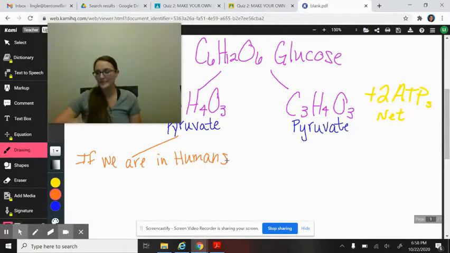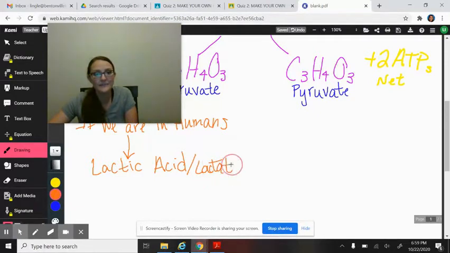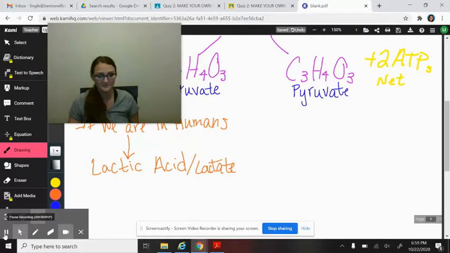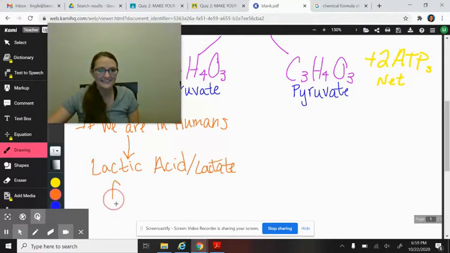What is that burn? So in humans, we take pyruvate, and then we have starved ourselves of oxygen in our muscles, and we make something called lactic acid. Another term for that is lactate. What is it? It's just a chemical that forms when you've starved your body of oxygen. The chemical formula for it is one that you should be very familiar with. So the chemical formula is